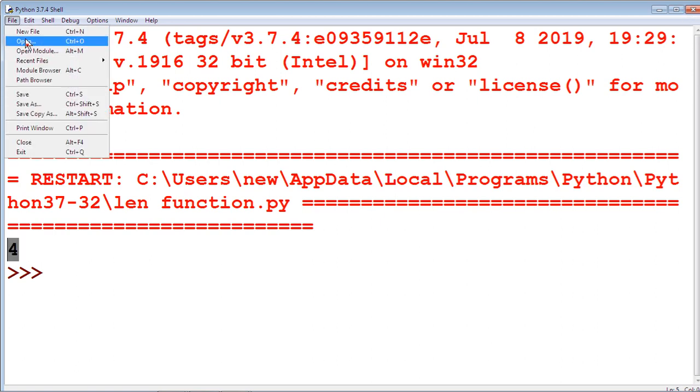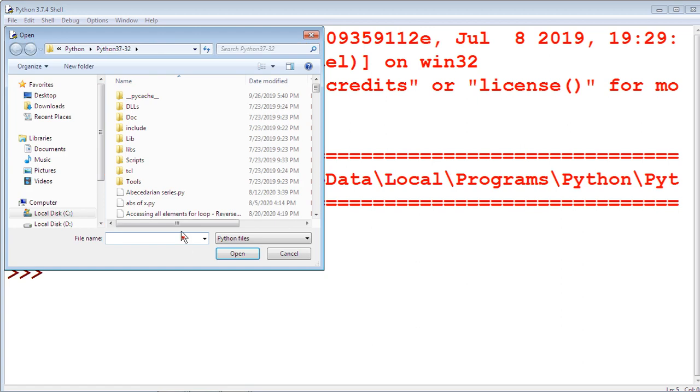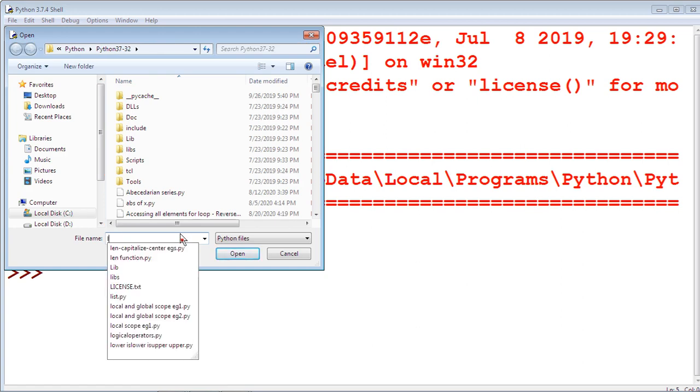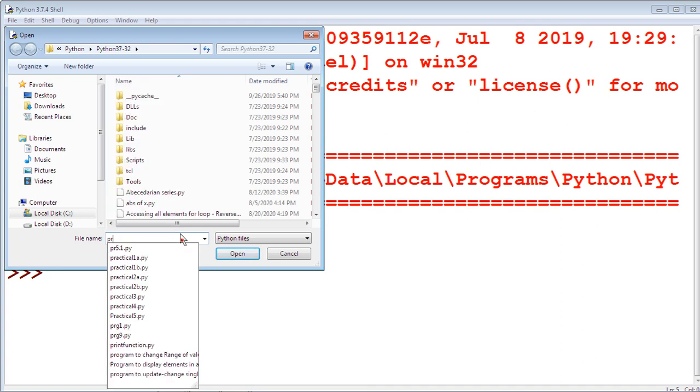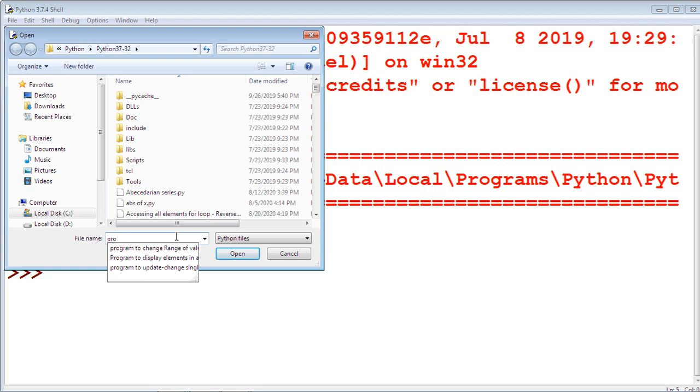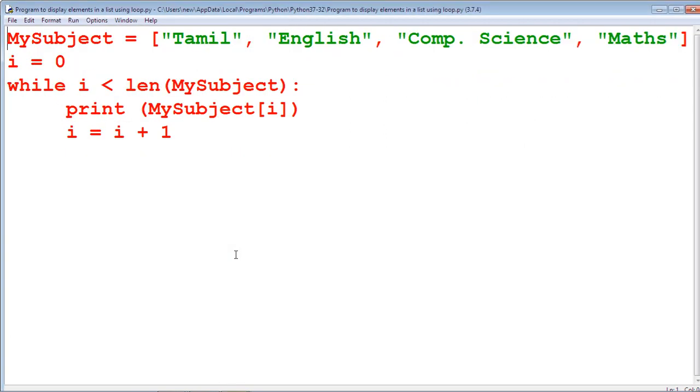Another example: program to display elements using a loop. Here the list contains 4 elements: Tamil, English, Computer Science, Maths.